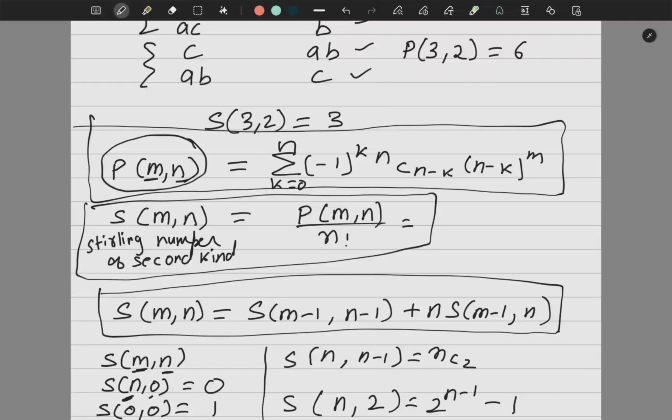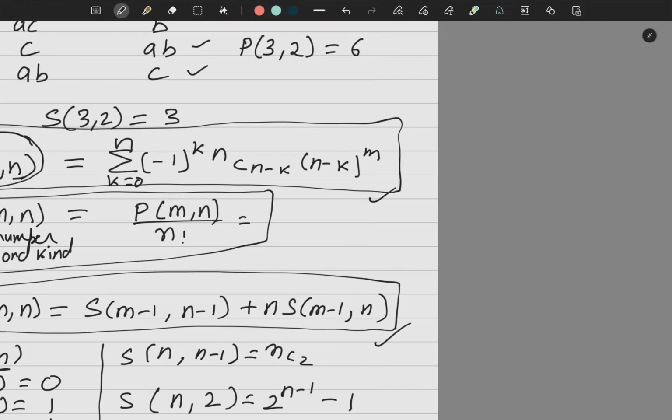Correct? So when the numbers m and n are big, it is always advisable to use this formula so that you can use the calculator and quickly solve. When they are small numbers and close by, this method also works. So I hope now you are clear with the concept of Stirling number. It is just the count of how you can arrange m objects in n places when the boxes are exactly the same. Now I will do some questions so that the concept is more clear to you. Let us start with the simple questions first.